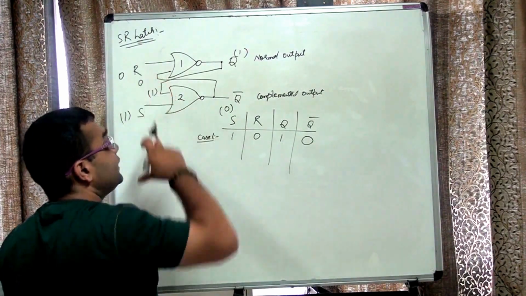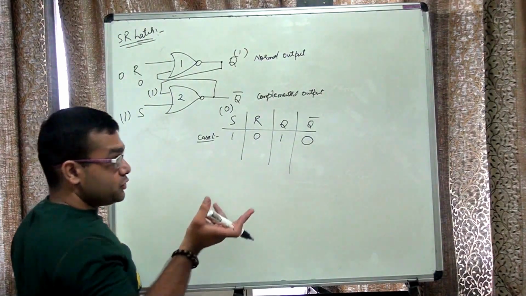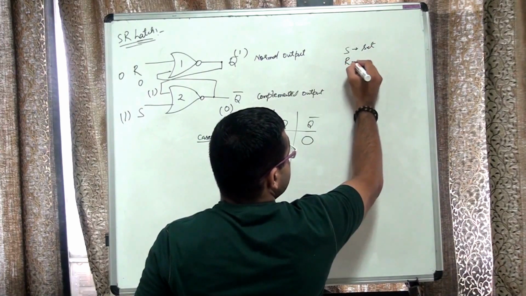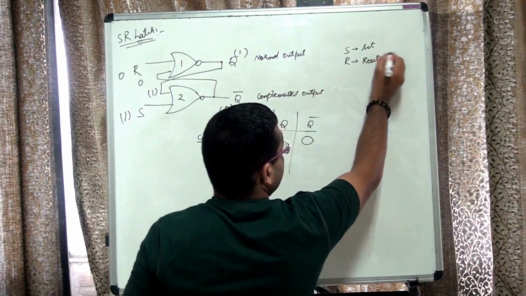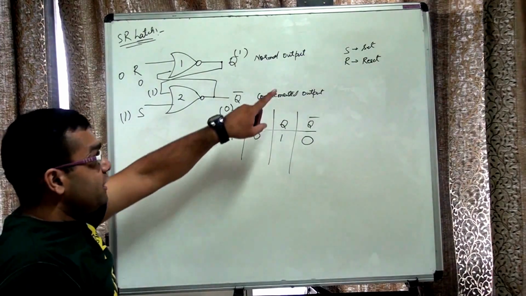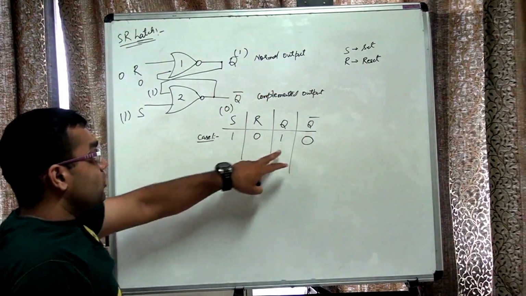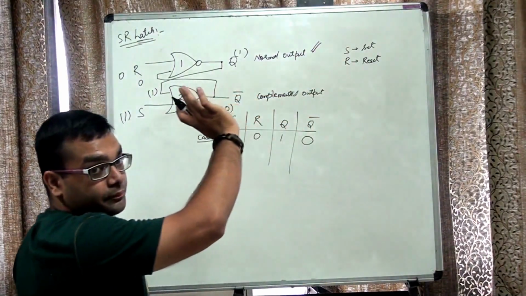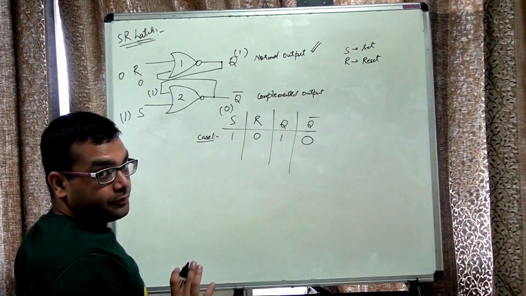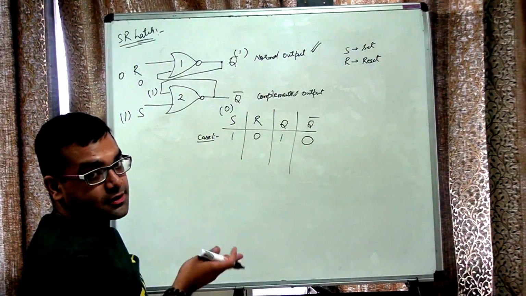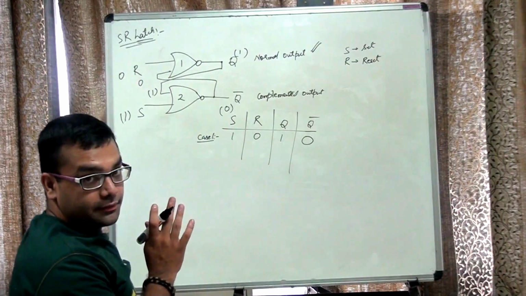Over here you can actually see that S and R are our external inputs. Now here S actually stands for set and R actually stands for reset. Because we will see this circuit is designed in a way that whenever the value of S is 1, our output Q will be 1, because we will always take the output from the normal output, not from the complemented one. Okay, no doubt about that.